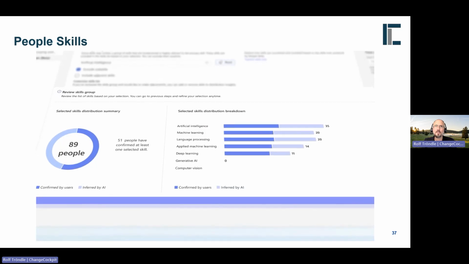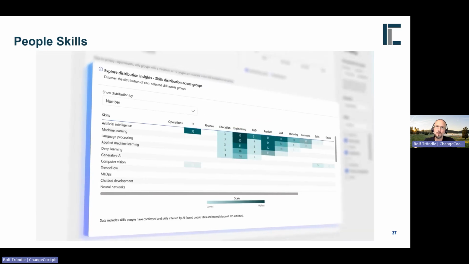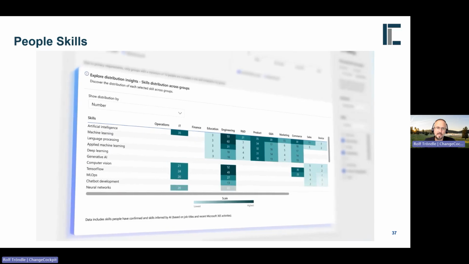Everything is included with distribution. All our reviews are included in Viva Insights. So it's an integration of the People Skills agent with already existing Viva tools. It's an extension of these Viva tools, and it will help you then identify skills in a region or